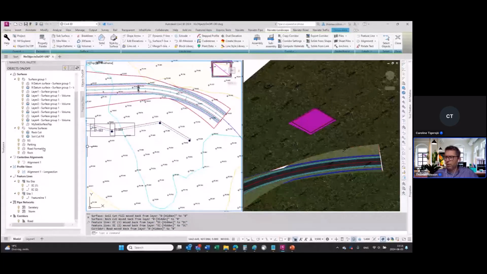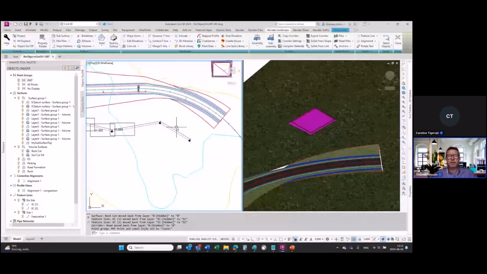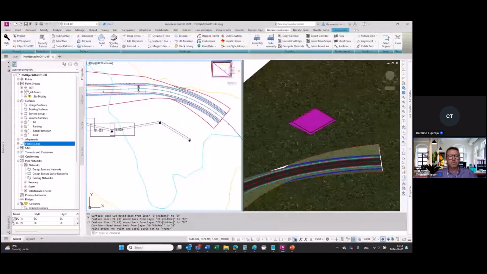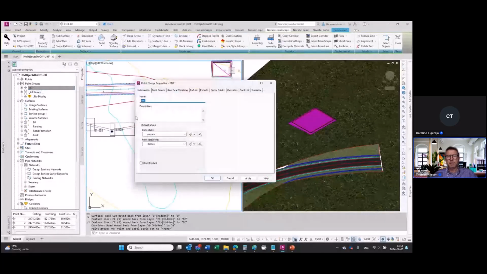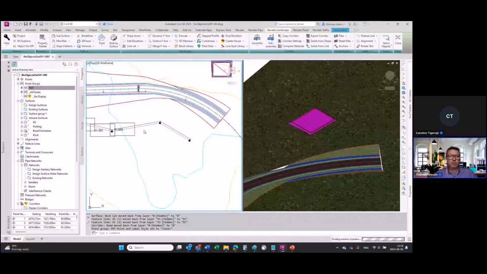We're thinking of adding to some objects the ability to turn off using styles, which we actually do with point groups already. So if I turn off my point group, that actually turns the point group style to none. And we return it afterwards